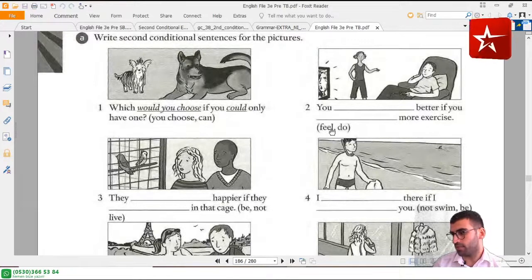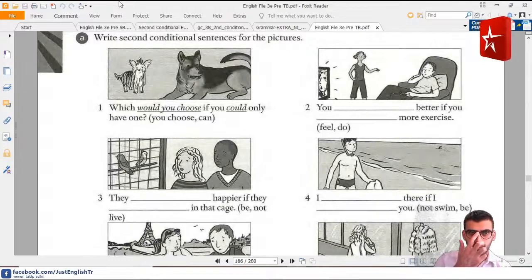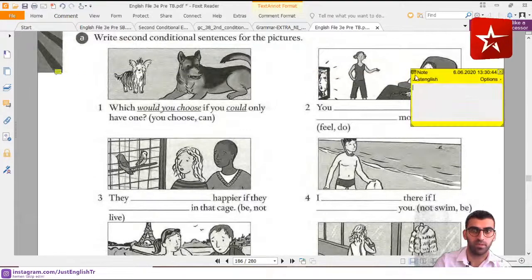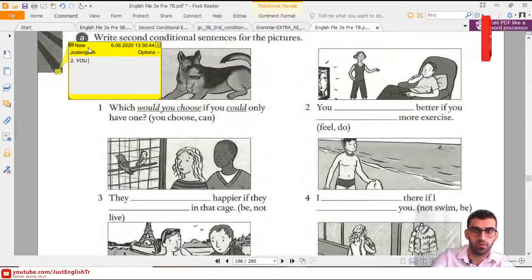Al Pacino says felt and did. No, not Al Pacino. It's not a good one. Would, feel, and did. Yes, would, feel, and did is the correct answer. Okay. Let me write the correct answer here. Number 2, you would feel,